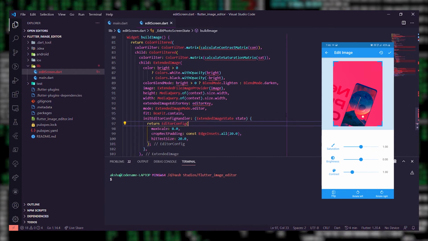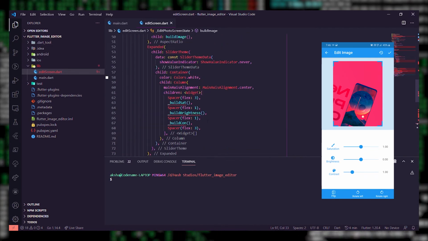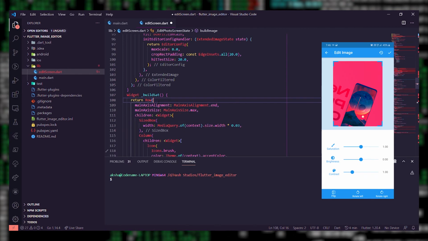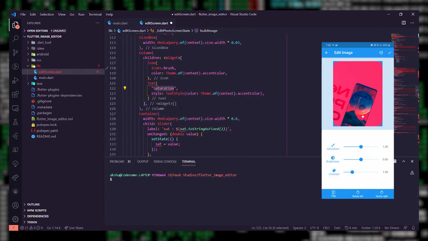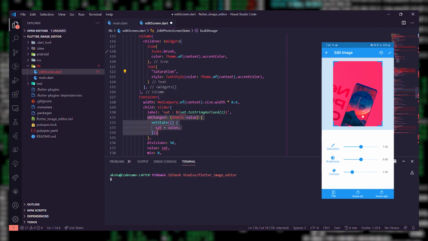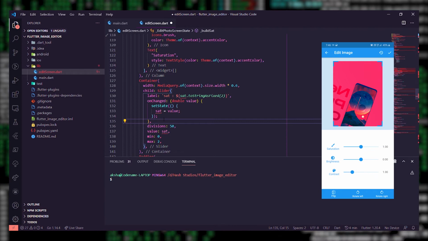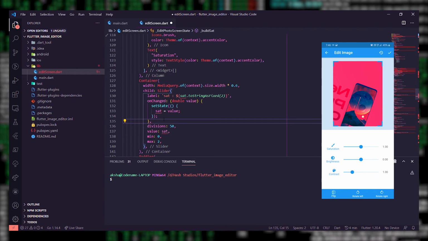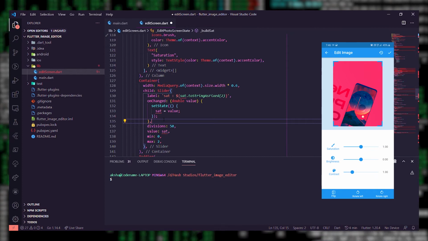Now we need to create the sliders for saturation and all. For that, we will simply create a slider in a row with the icons in front of it. Now to actually process the image, that is apply saturation and other things, we need to create their functions which will take the values from the slider, process the filter and then apply it to the image.